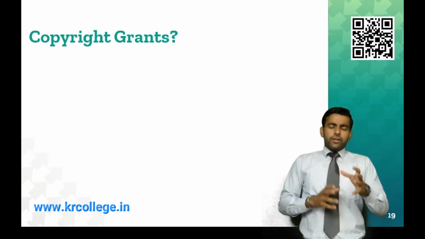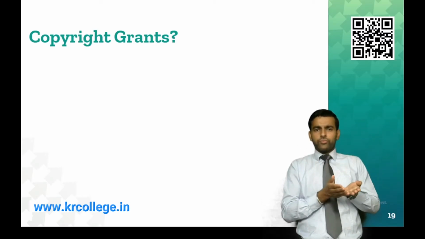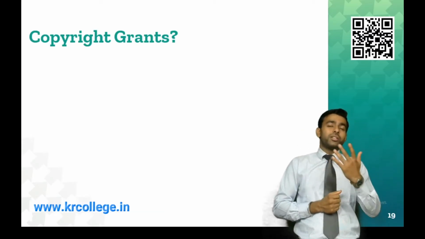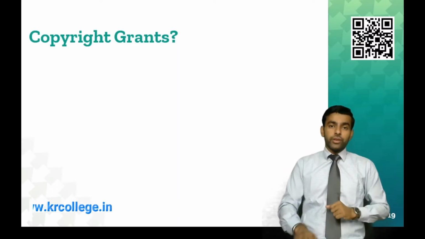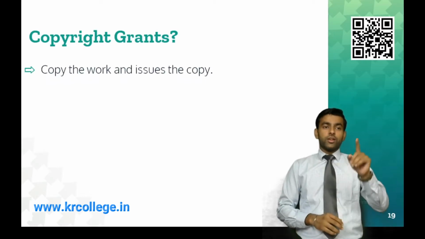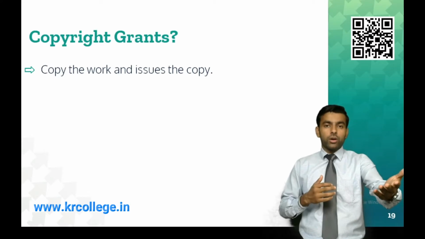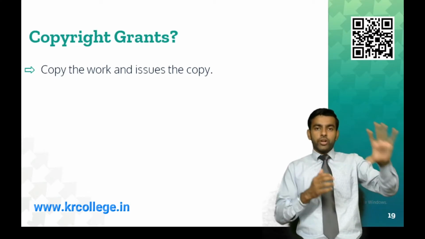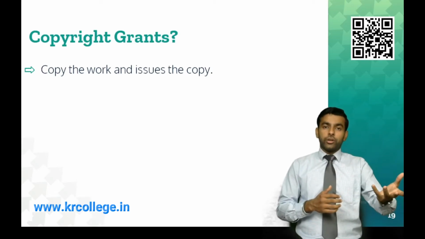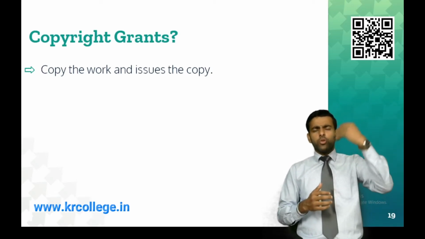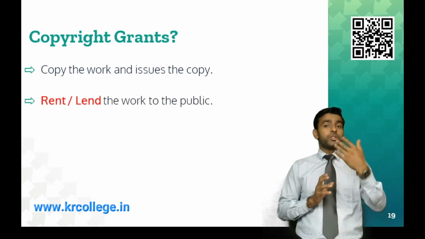Now, let's suppose I have a book. Imagine this is a book. I wrote it, and I get copyrighted. But what did I get the copyright of? I got the copyright, but what are the rights which they gave me? The first one is to copy the work and issue the copy. I am the author. I have the right to copy my work. I am the author of that particular book, and I am the one who can copy that book into millions of pages and issue the copies. That right also stays with me. I will be the one issuing the copies.